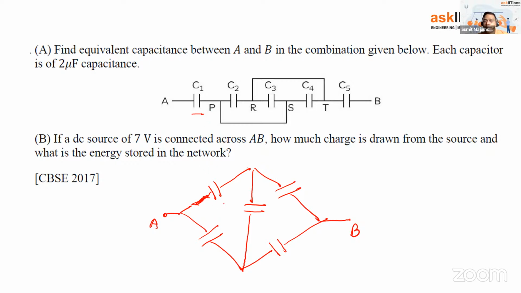Which is connected to the point P, and P is connected to S. So let's say this is R and this is S, correct? If we take that,